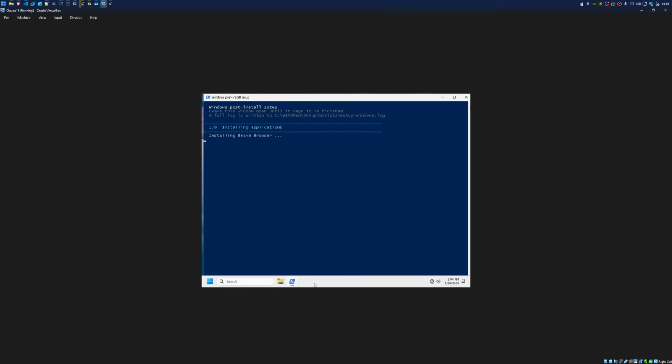And finally, the taskbar has appeared for the first time. As you can see, I am offline right now. I'm not connected to the internet on this virtual machine. Now, the first thing I notice here is that I still have the search bar on the taskbar, but I only have File Explorer pinned.